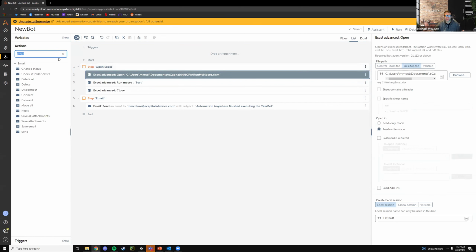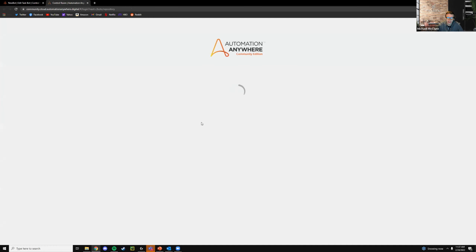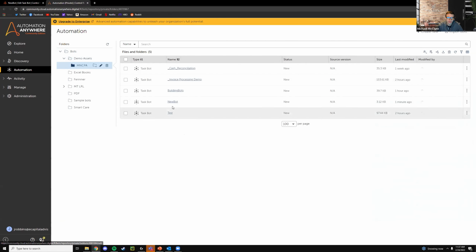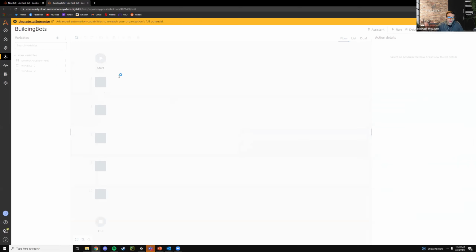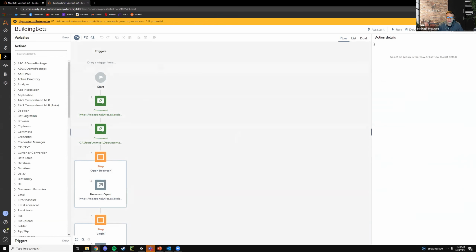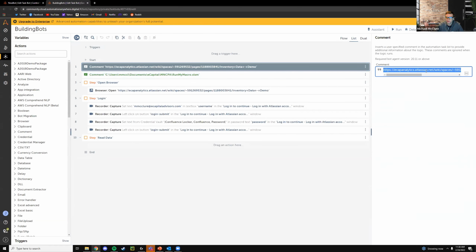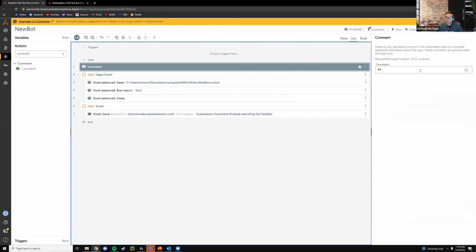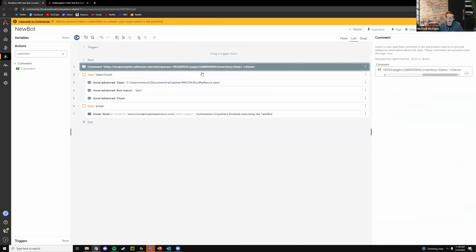So this could be done with an Excel macro. Obviously, we're using one, but how do we take it to the next level? How do we say, hey, let's automate this fully? So what I'm going to do, I'm going to go ahead and steal a website URL here real quick that I want to work with. Comment in here just so I can keep this here. So I just threw a URL in here,